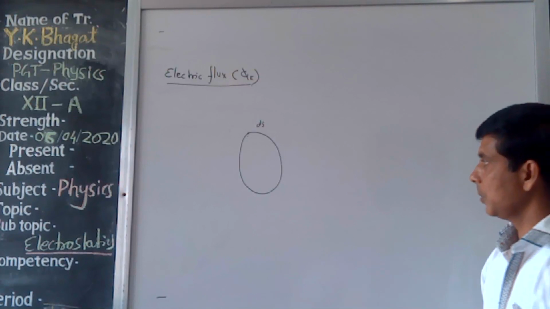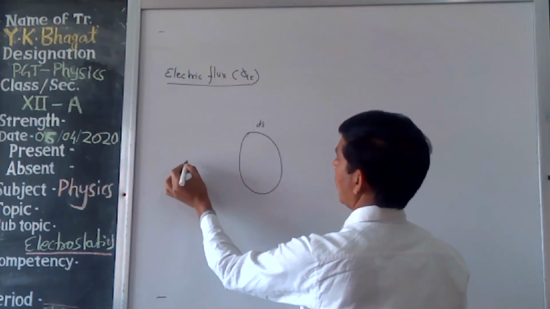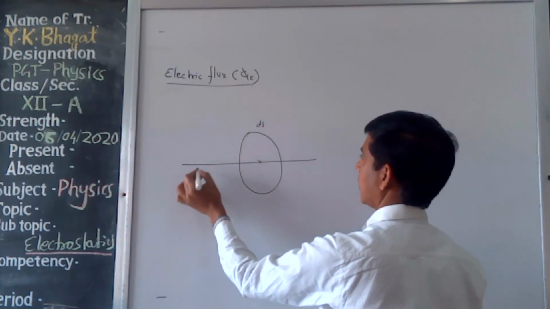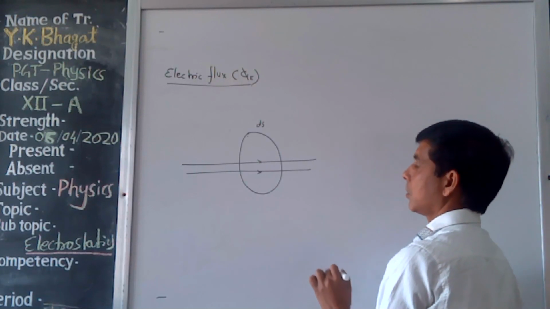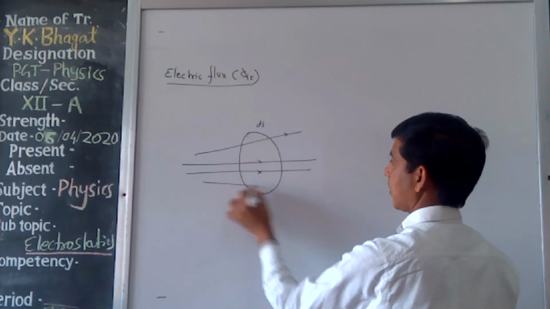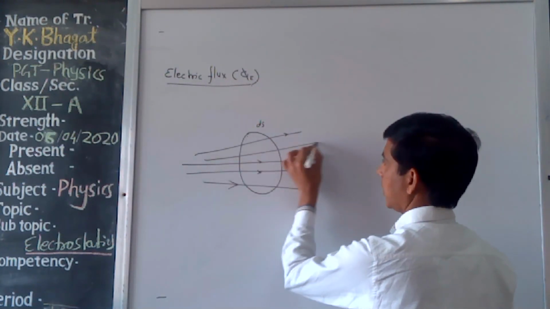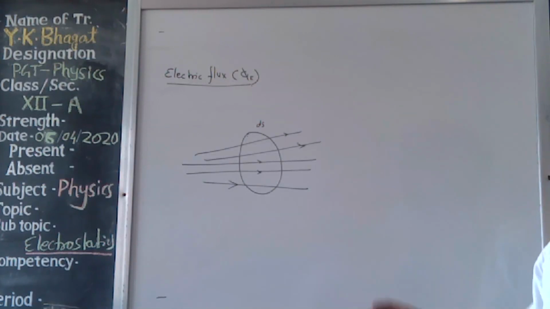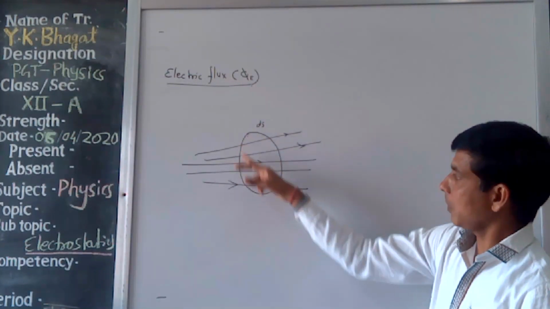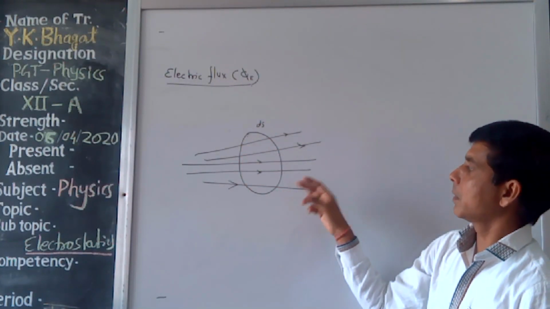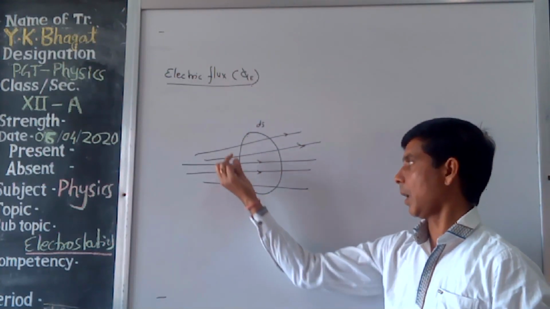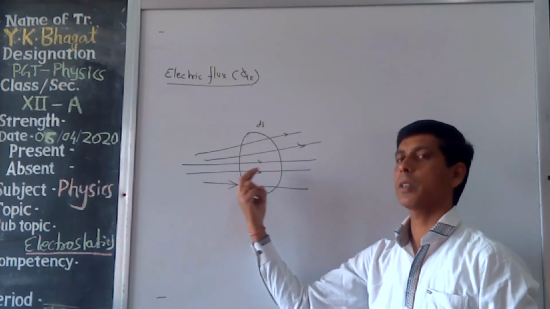electric flux. Suppose we have 5 lines of force. This one passes perpendicular through the area. This one again passes perpendicular to this area, but this line passes in this direction, this line passes in this direction, this line passes in another direction. Then we know that out of 5, only 2 lines of force pass normally through the given area. Then the electric flux is defined by the 2.